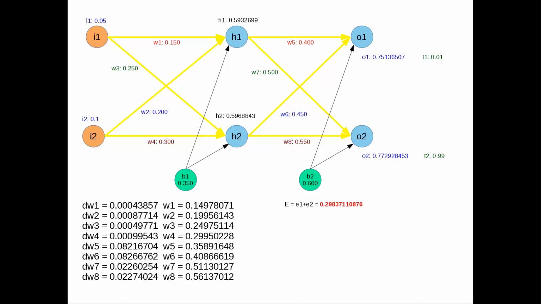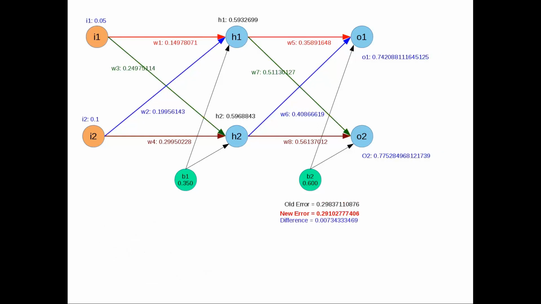So we'll bring back our total error calculation from earlier, 0.29837110876. And this was the total error of our network for inputs 0.05 and 0.1 before we adjusted the weights. So let's now adjust the weights and see what we get as outputs. With the new weights plugged in, we still don't have anything close to the target output values of 0.01 and 0.99. However, each of the values is very slightly closer to those targets, and so the total error calculation shows that our error has reduced by